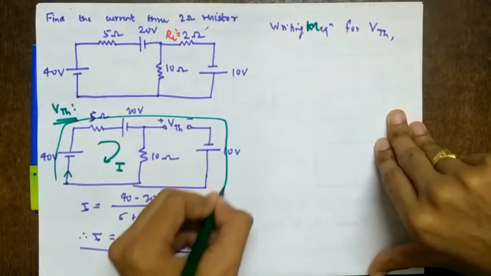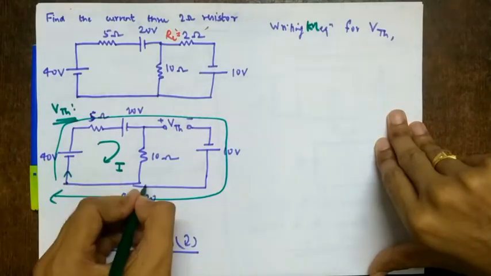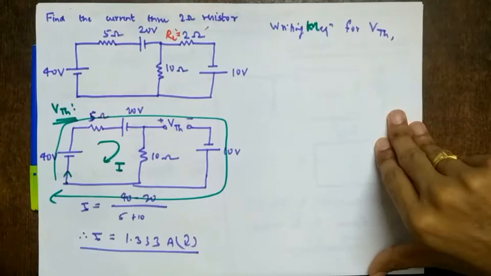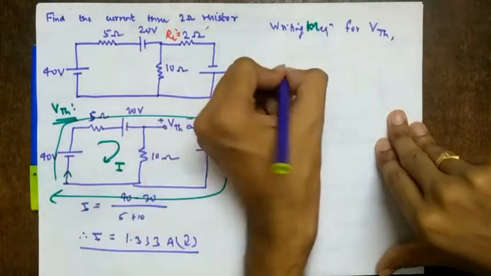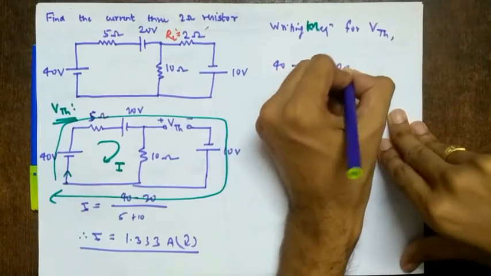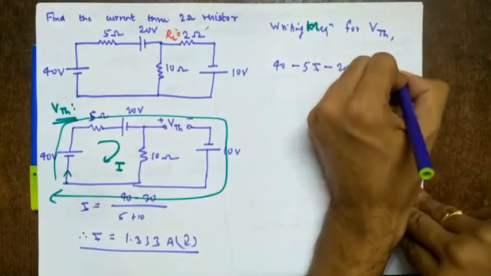I'll use a green pen to highlight that. So this path we are using. If you want, you can take this path also. You will get the same answer. You take any which path, but you should pass through VTH. So from here, plus 40 minus 5i minus 20 minus VTH plus 10